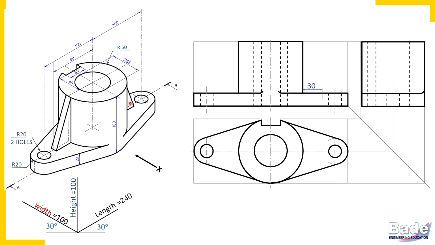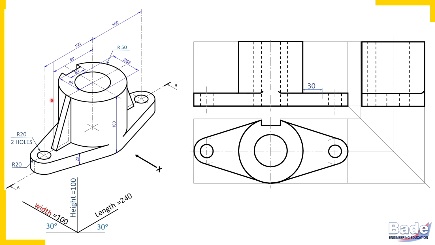Now there are two triangular plates, one on the left side, one on the right side. The largest surface is the triangle that appears in the front view. So measure 30 millimeters; this distance is given as 80 millimeters, watch here, up to this edge, 80 millimeters up to this edge. So from